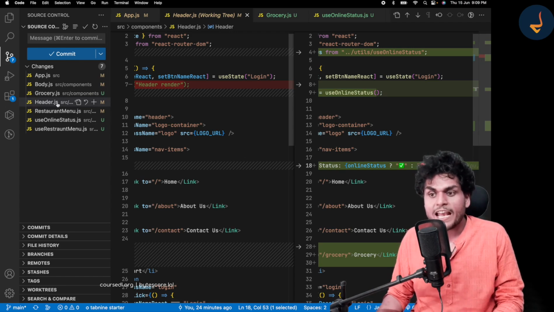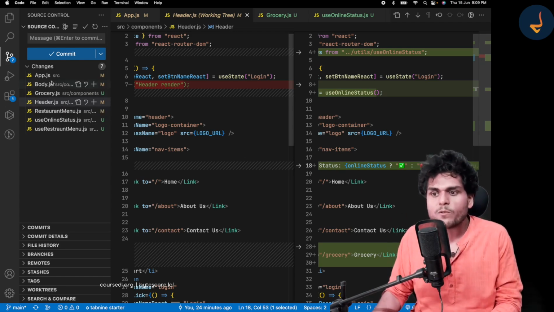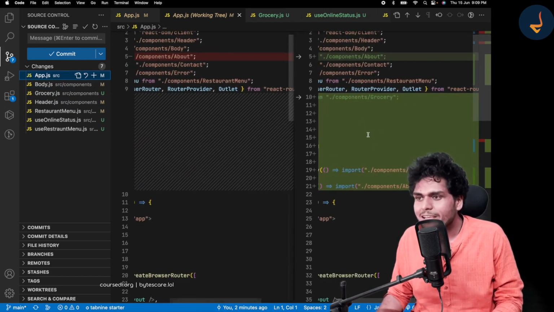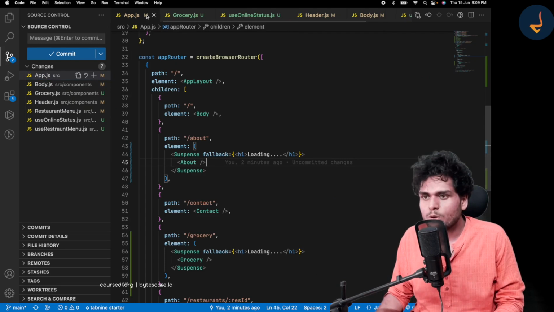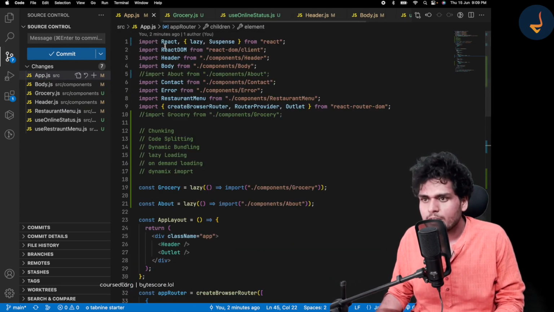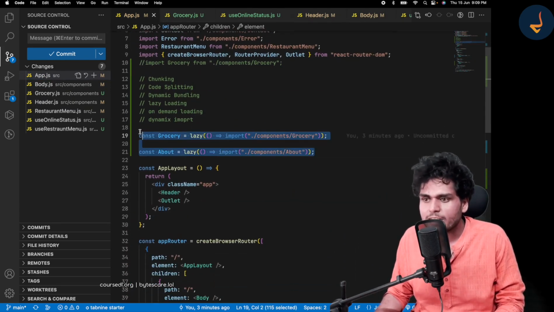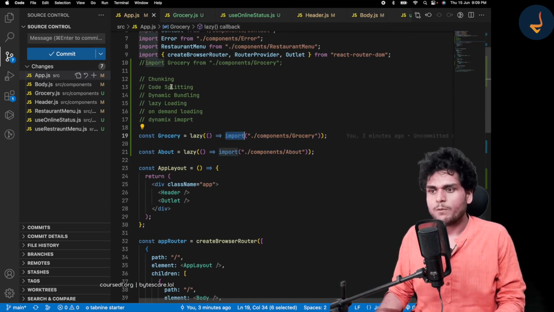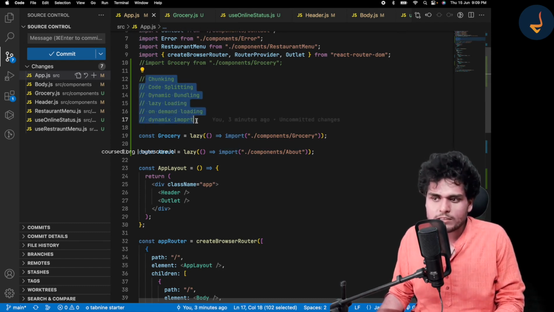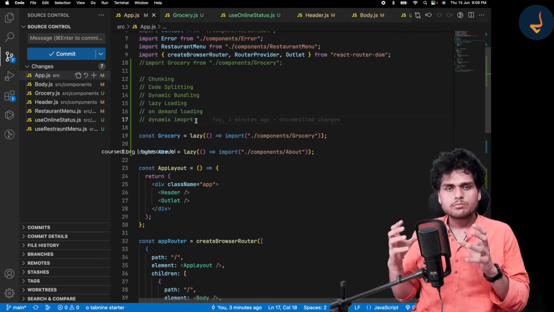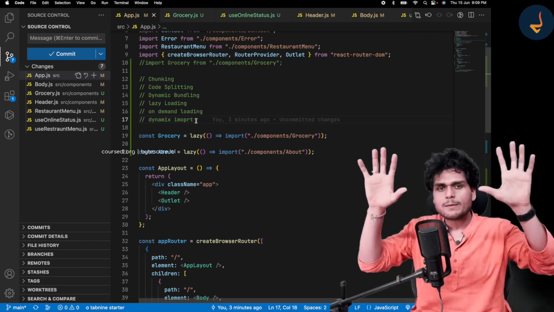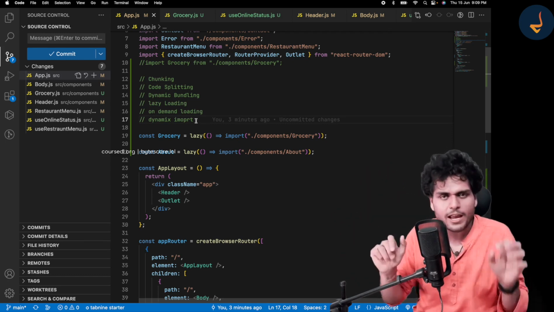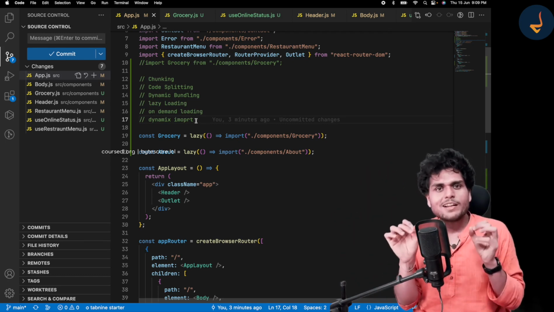We saw that, and then we also saw an important thing, lazy loading. Let me show it to you. We saw that lazy loading. We have this lazy function. We have this import function. And also note down these names. It's the same concept with different names. The world is using different names, so I want you to know all of them. So this is what I wanted to cover in this episode 9.